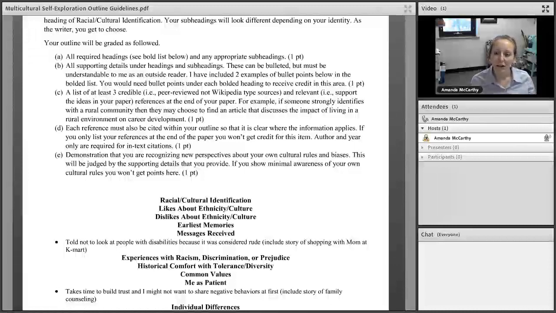You can just go ahead and list those sources at the end of your outline. It's okay that you do that. You'll need to have the full reference at the end of the outline. Okay, that's C. And then D,